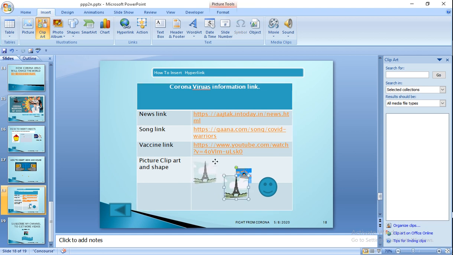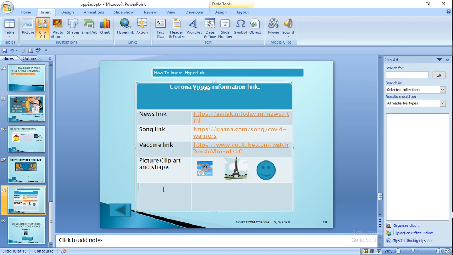Press one by one which you have inserted in this. This is the picture, this is the clip art, and this is the shape.